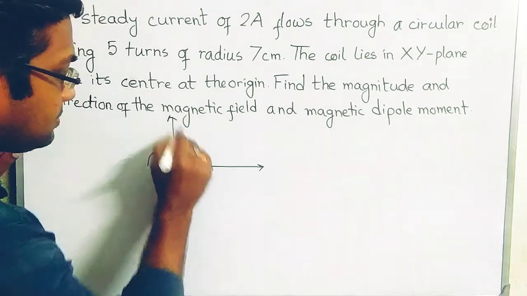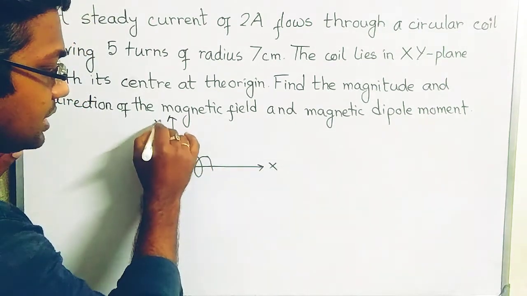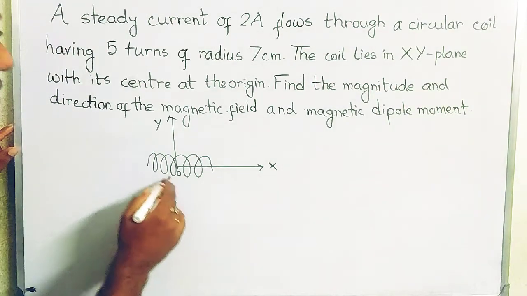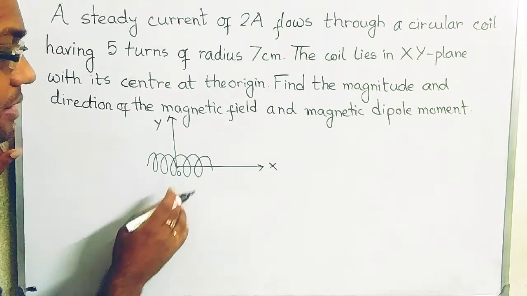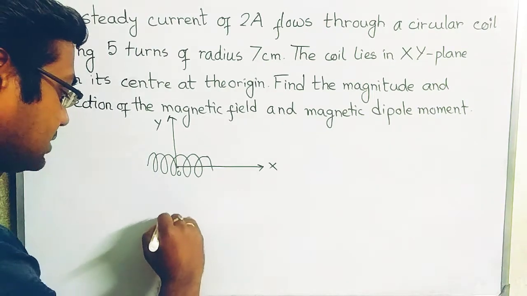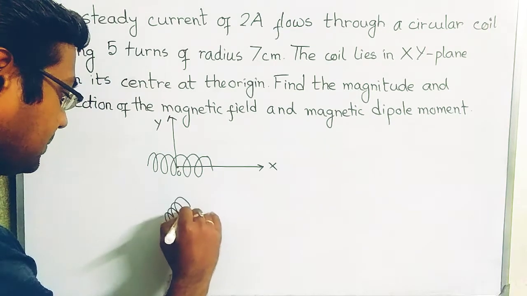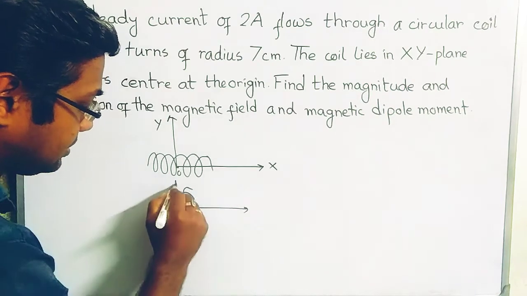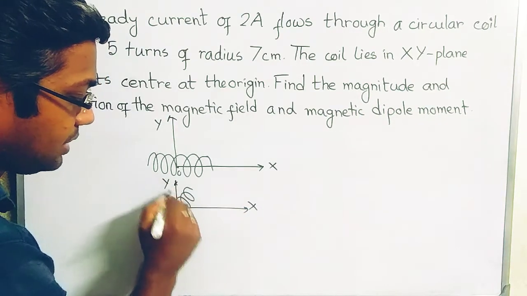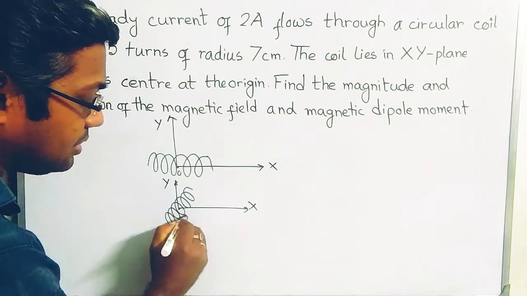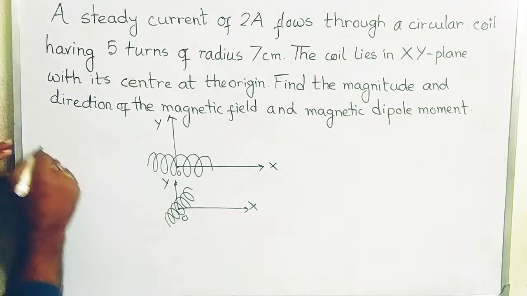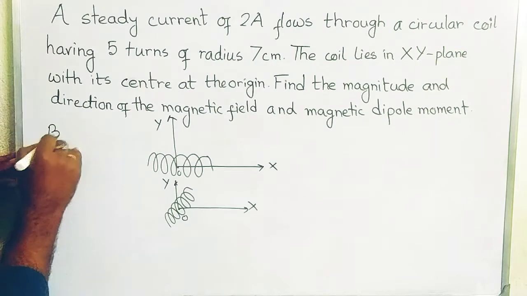That is along the xy plane. It is not said that it is aligned along the x-axis. It is also not said that it is aligned along the y-axis. Maybe the coil is somehow like this. Then this may be the xy plane, it may be aligned. Only one thing is said here, the center of the coil is fixed at the origin. This thing is discussed.